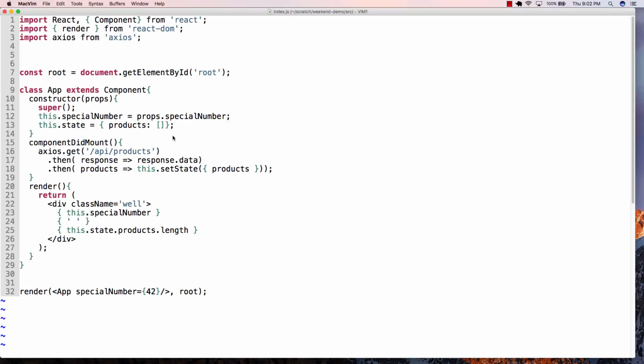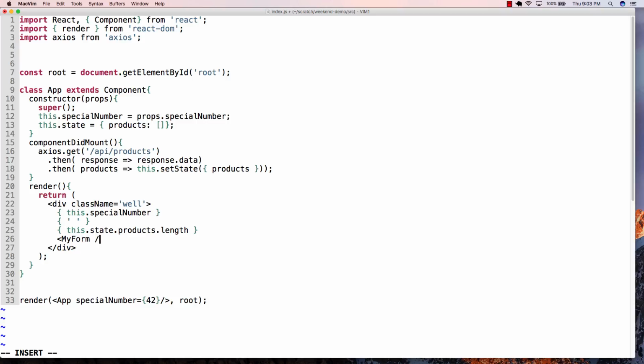Again, if you wanted to, you could always go over here and do a map and loop over your products. That's something you could always take a look at. What I want to do here is create a my form, because this is what you're going to do that's similar with the product form. So if I end up doing my form,